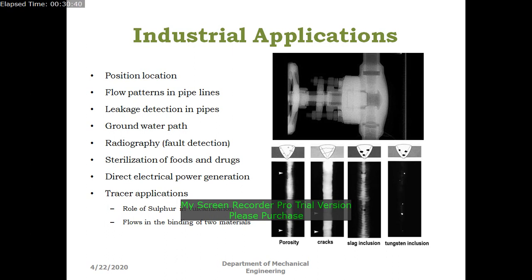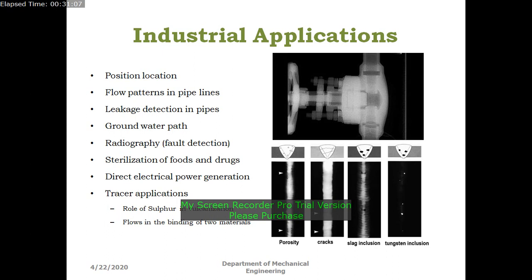location. Coming to major applications, we can see the position location, the first industrial application. In the industrial applications, we can see large piping networks. Some are above the earth surface, some are below the earth surface also. So if you want to find if there are any pipes buried under the earth surface, you can locate them with the help of these rays.